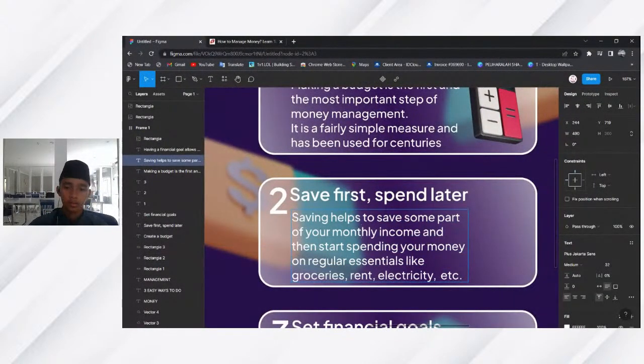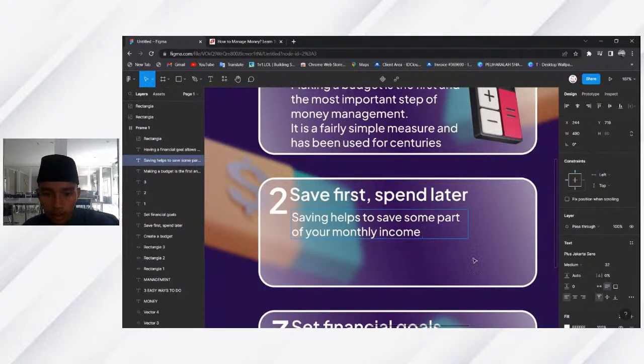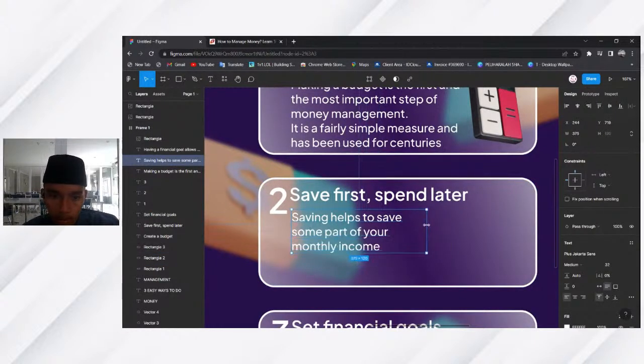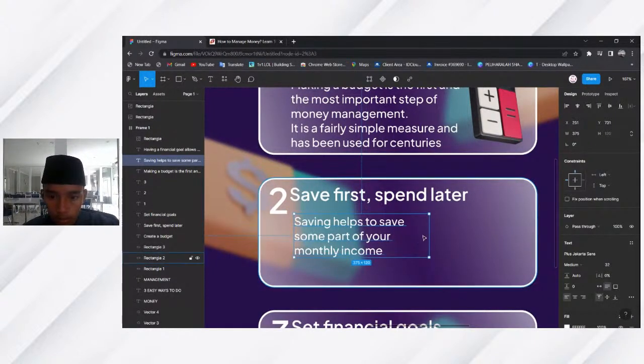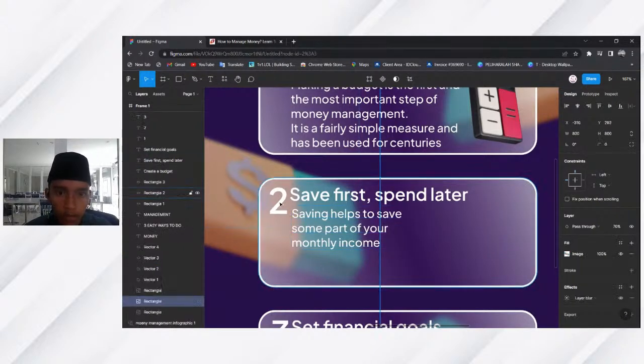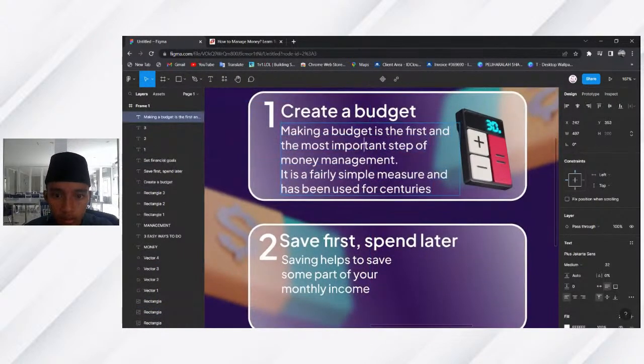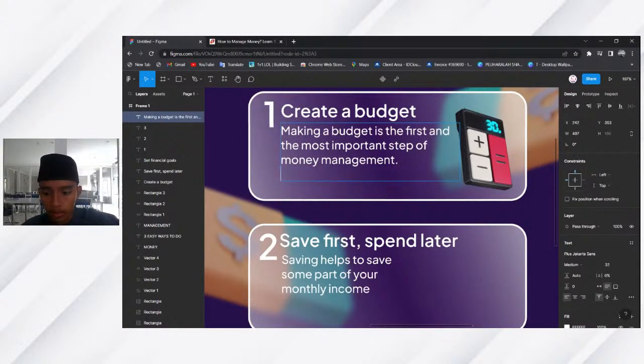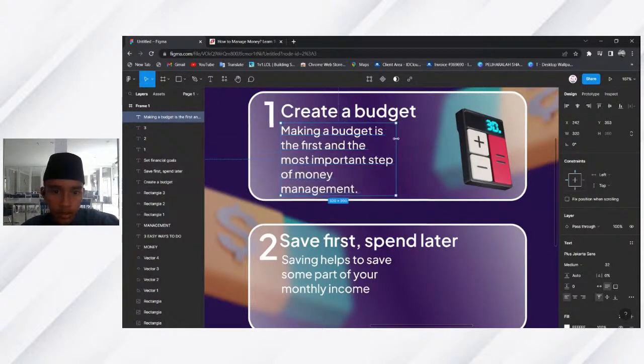So for the second one, you don't have to go for 8 etc. Just delete that part and use only some small parts, same like this. So delete that and do this to make it a little bit more full.